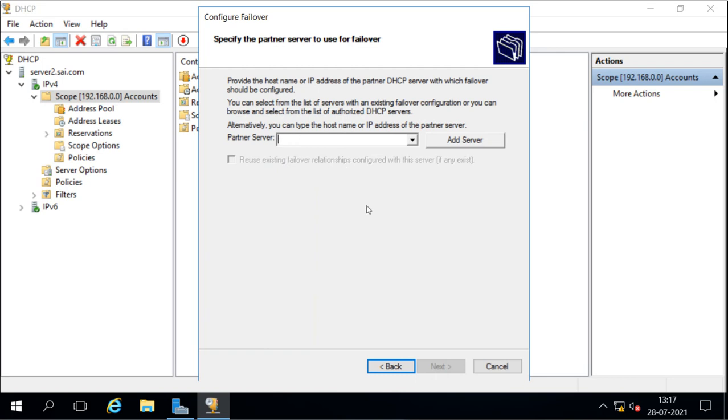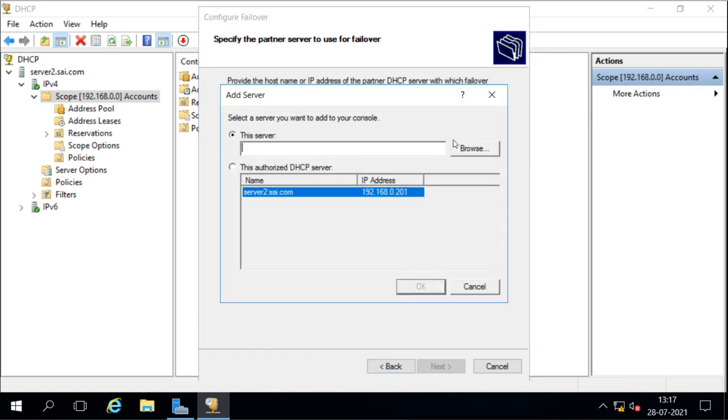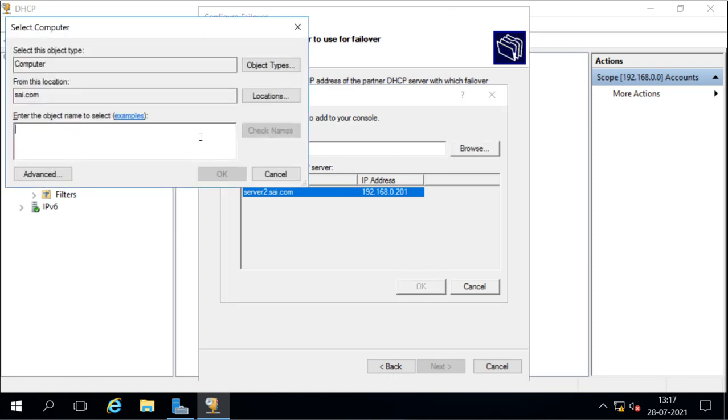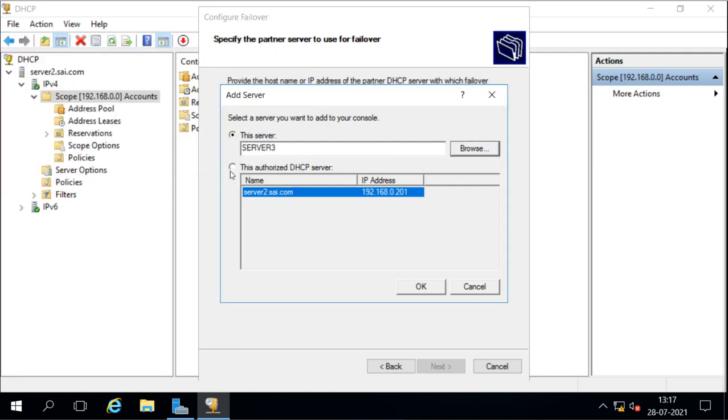So we can add the server here, and I'm going to add the server 3 here. So I'll go on to browse. On server 3 we have installed the DHCP role, but there is no scope created. Now again it is checking the server, whether it is authorized or not, whether it has the role